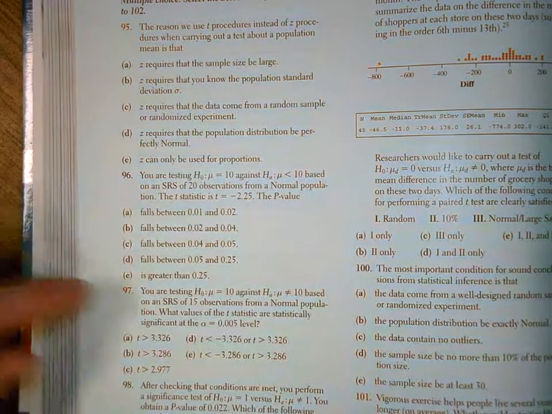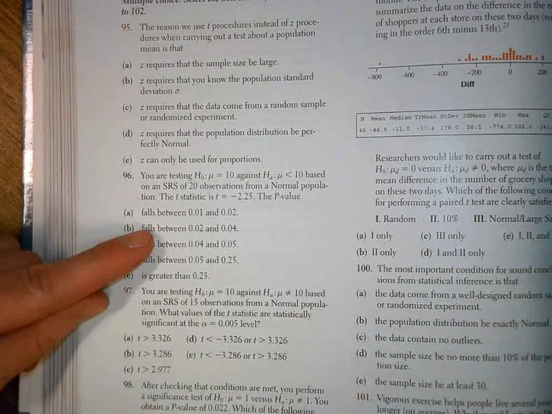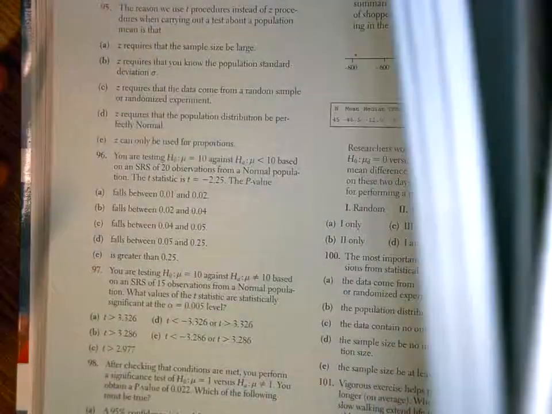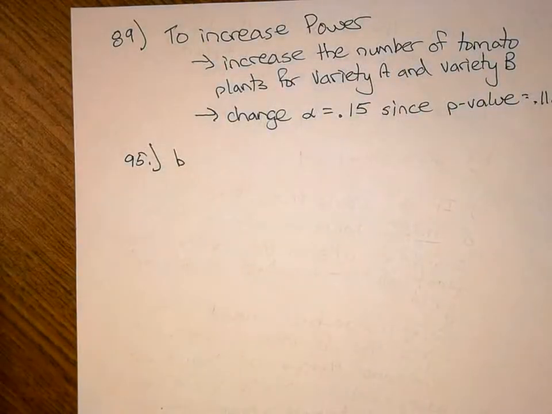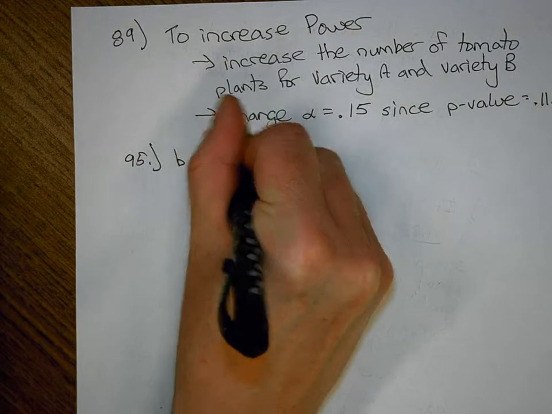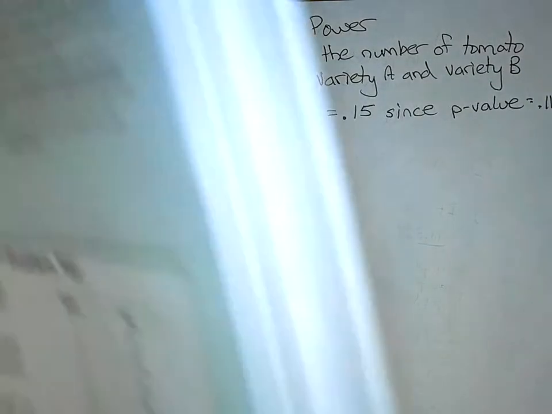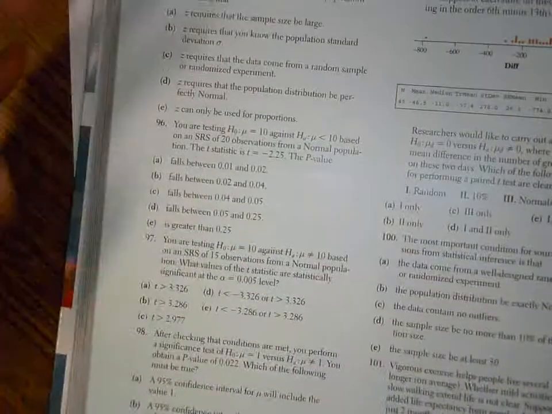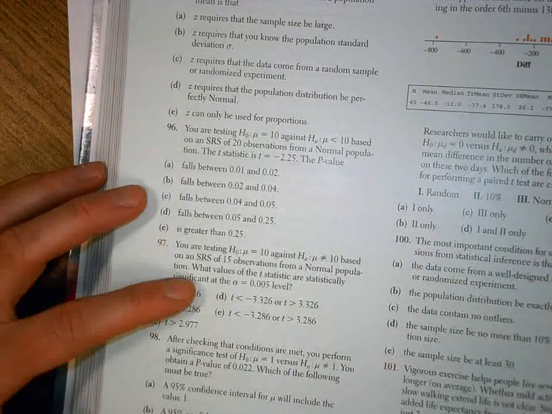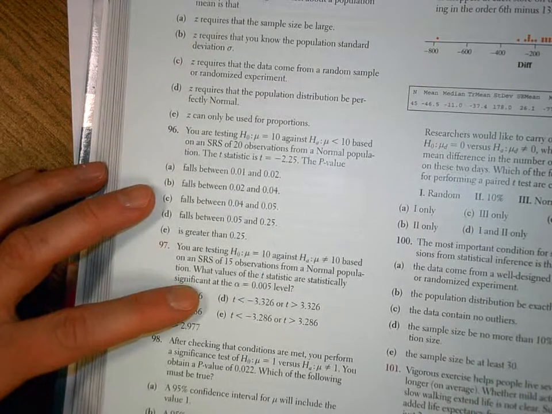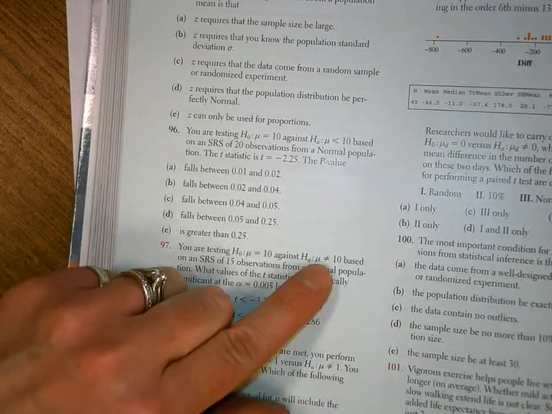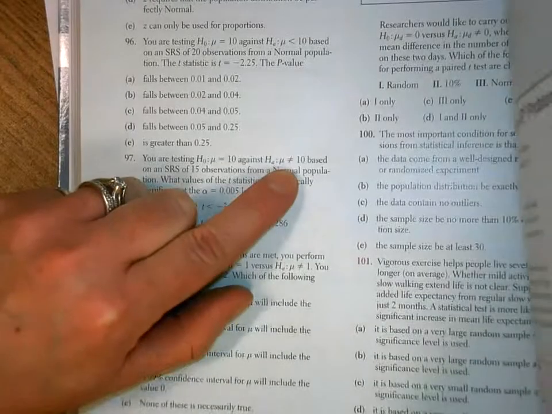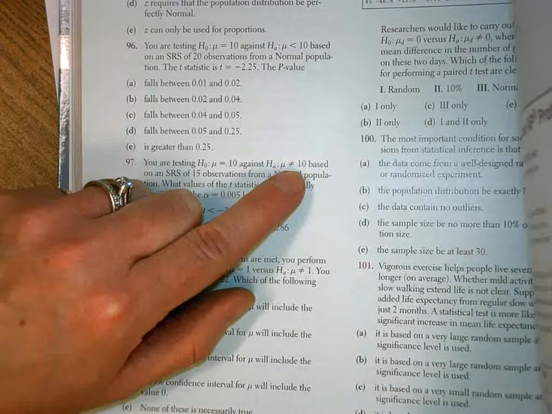So the answer is A. The thing is, I can't find any of these things in 97. 96 is A. So there's 15 observations here, 14. And then, what values of the test statistic are statistically significant? But they said not equal to 10. So your p-value